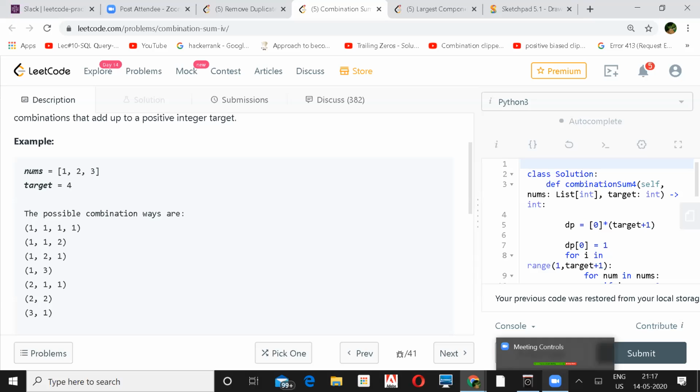I mean, there can be duplicates that you need to handle if you are finding it with a dynamic programming problem.